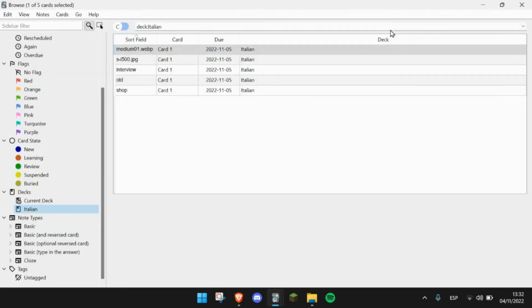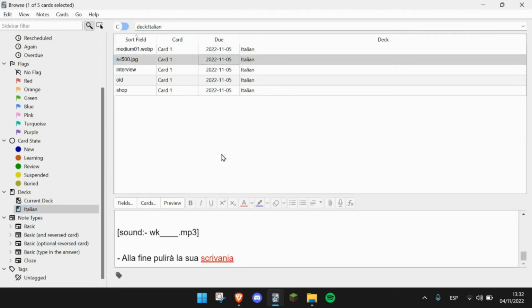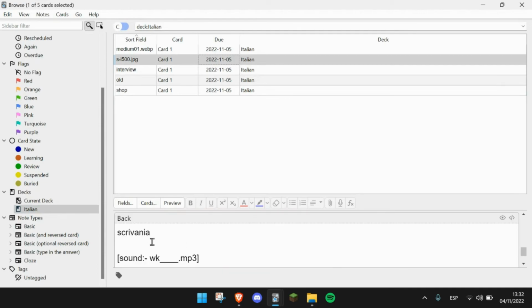Also, one thing I forgot to do and that I usually do is I mark the tonic vowel. So in this case, for example, is scrivania. So I just press Ctrl plus B or this, and now it's bold, and it just looks better.